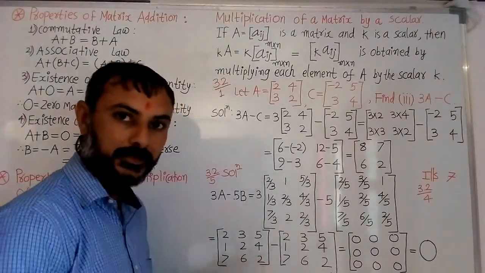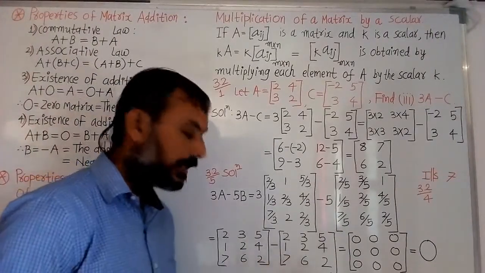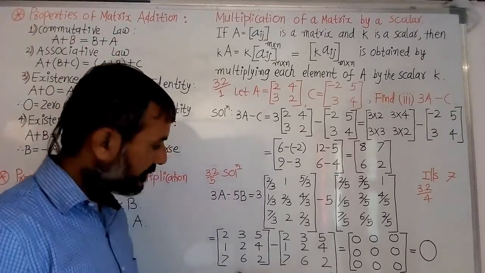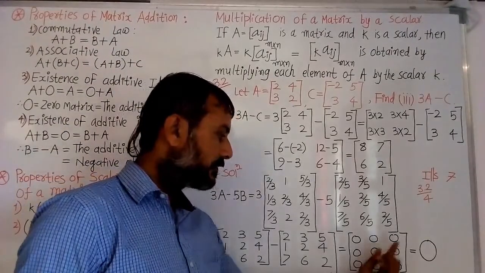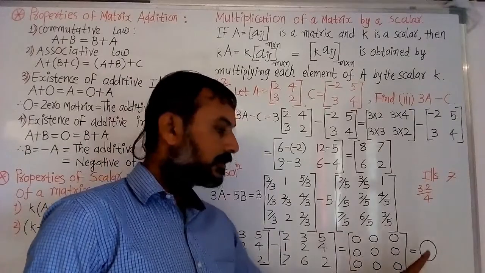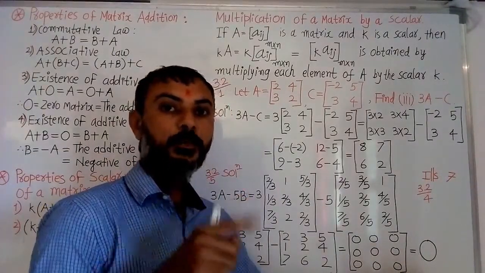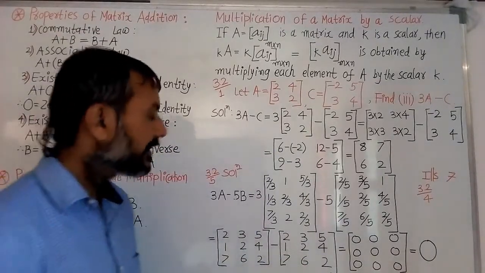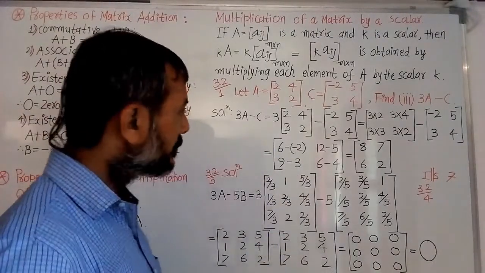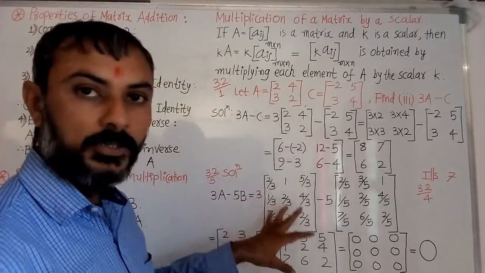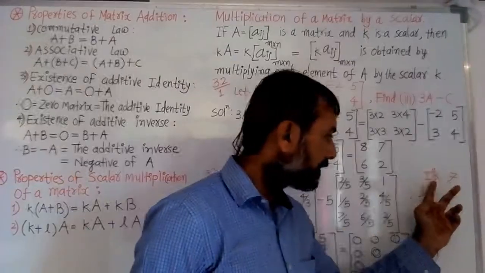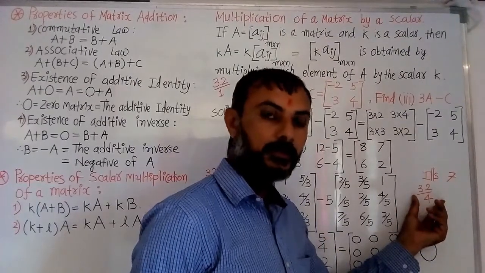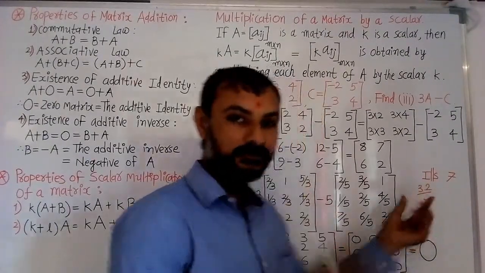Clear? See now both are similar matrices. So when we subtract, we get 0 0 0 0 0 0 0 0. Zero matrix means matrix O. See, all are similar elements. Okay, so these are examples. Also, all these examples you have to write 2 times. Also, you have to write illustration 7. It is also very easy. 3.2 example 4 is also very easy. You have to write it 2 times.